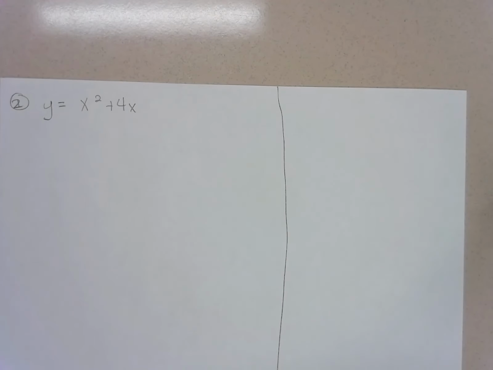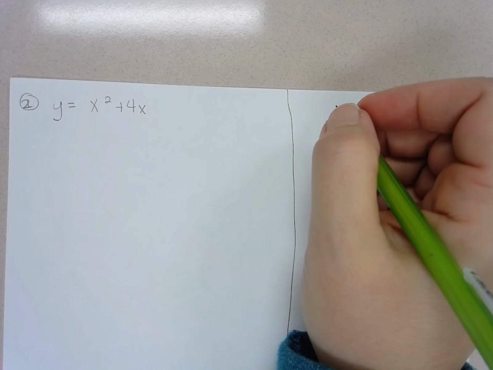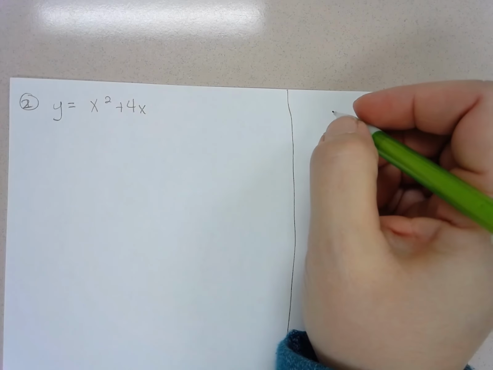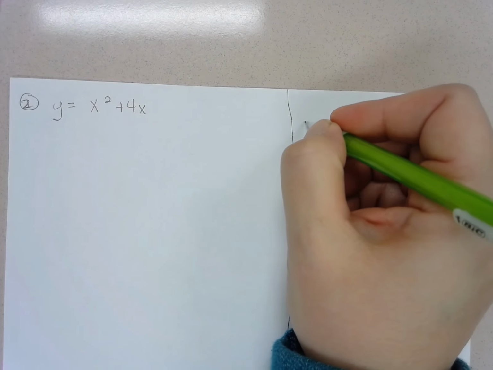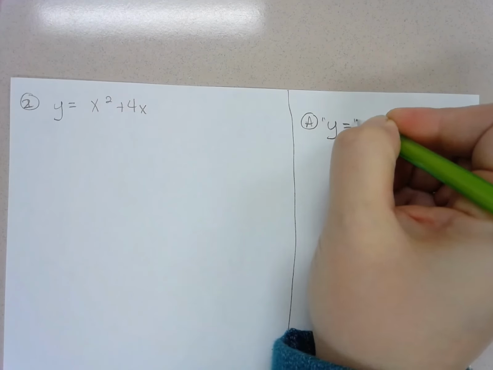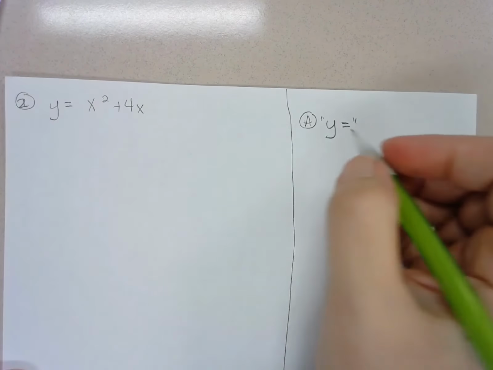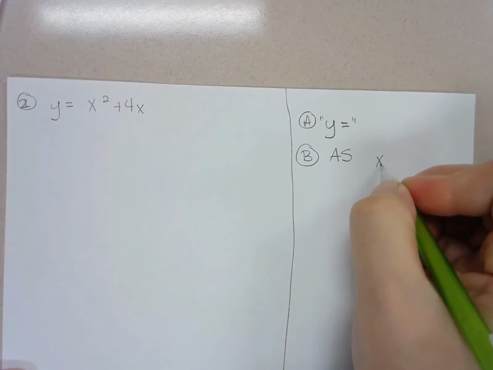So our new problem is y equals x squared plus 4x. And I'm going to rewrite a shorter version. So first thing, are we in y equals format? Yes, we are. We're good there. Second thing, let's find our axis of symmetry. X equals